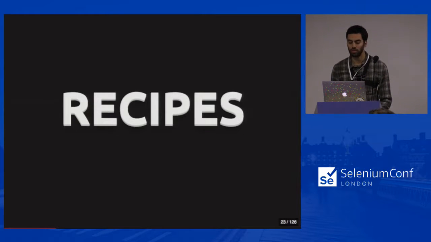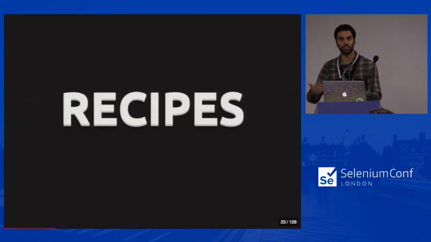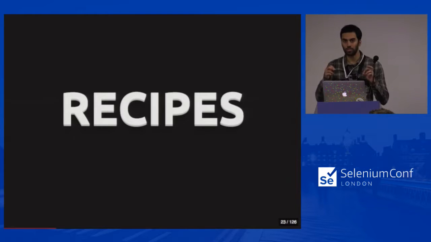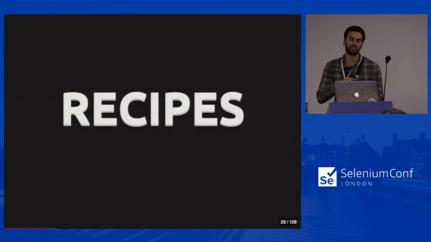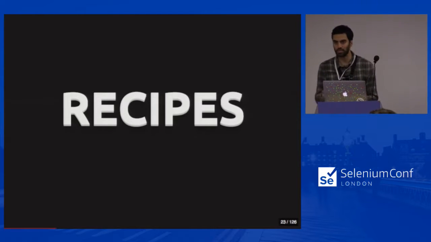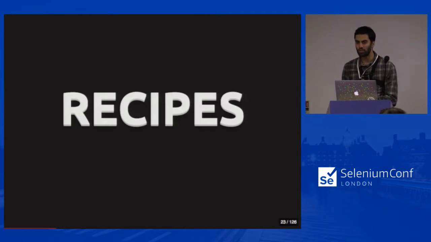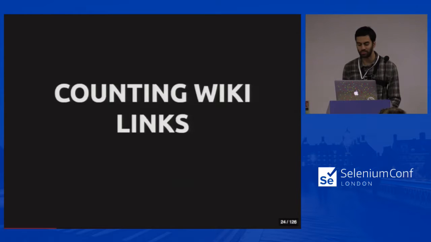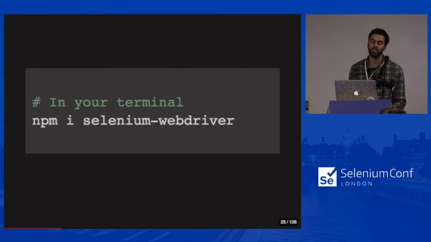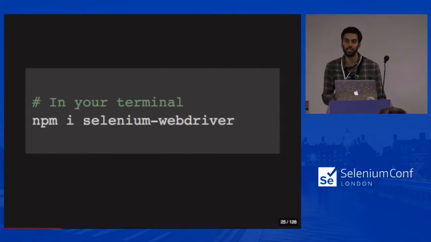Cool. To get into the flow of things and to get a feel for things, I'm not going to start out with evaluating different browser automation tools like what we're going to do in a second, but rather we're just going to take a look at a few short recipes, again, purely just to get into the feel of things. Picked one at random, counting Wikipedia links. So if we go to Wikipedia and we look at the source code of the page and we count the number of internal Wikipedia links,